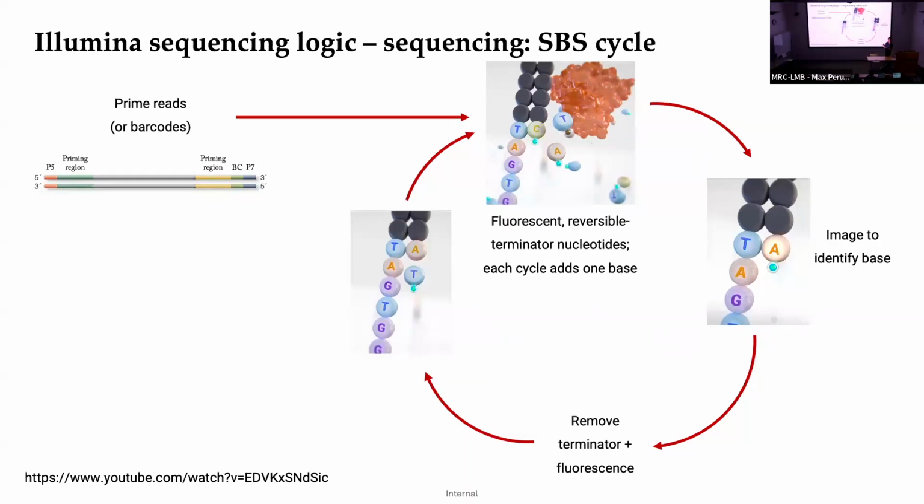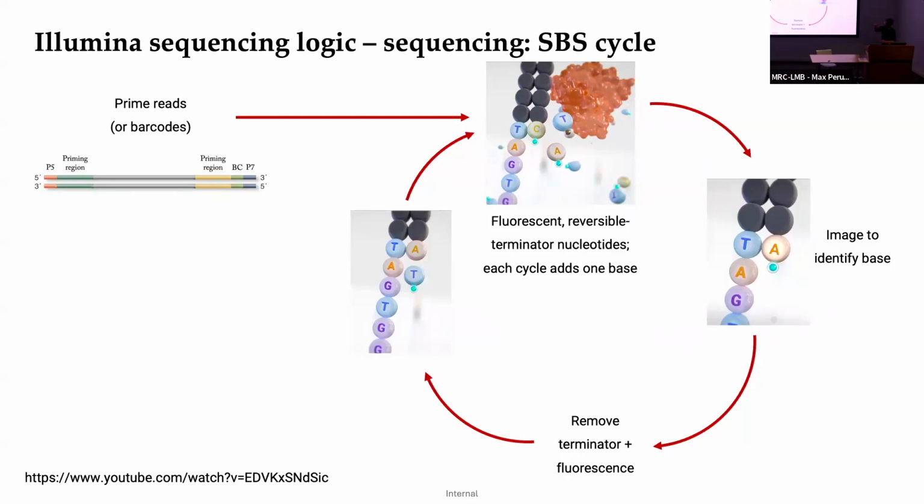In one cycle, you add one base, you image the base, and then you remove the terminator and the fluorescence at the same time before adding the next one. Okay, and so basically it will do this for every single one of those nanowells that we saw before and image every single cycle and then compose those images together in order to give you the sequencing output. Okay,